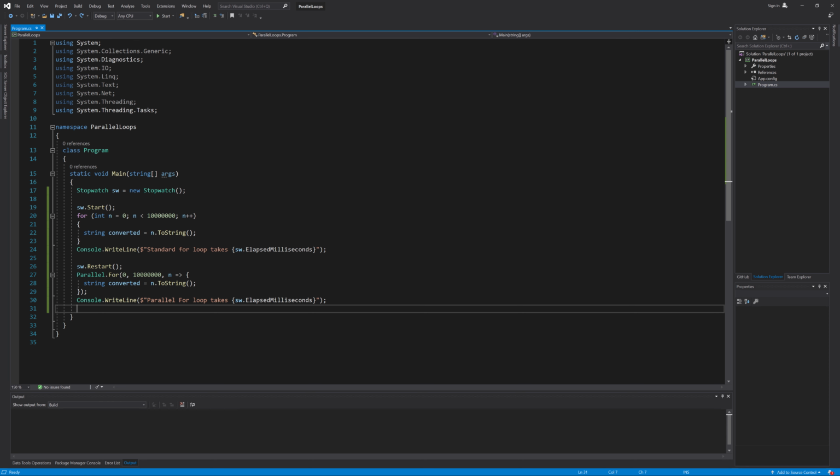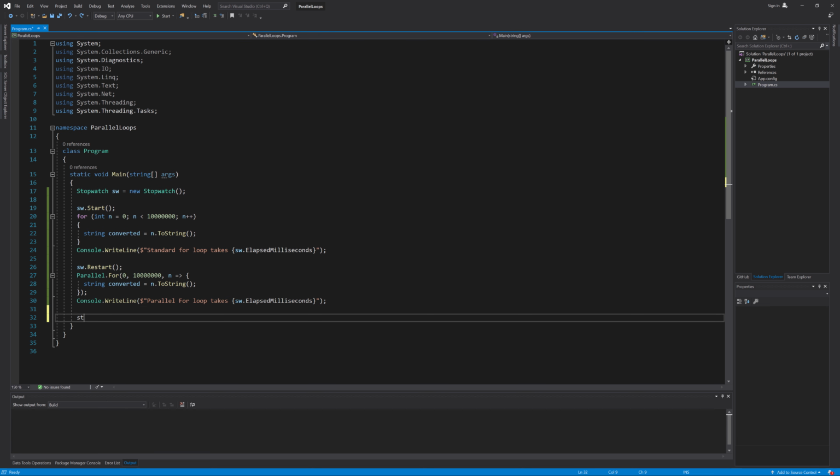I will create an array of strings here that holds some website URLs. I will iterate through this array as a collection using both the standard for each and parallel for each loops. I will start by array declaration, string array URLs equals, and between the braces I will initialize this array with some URLs like